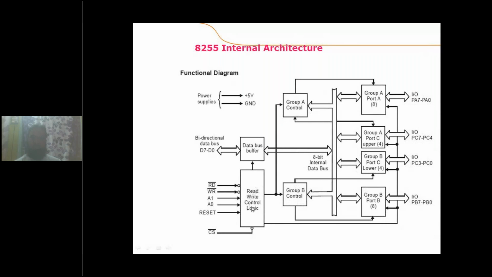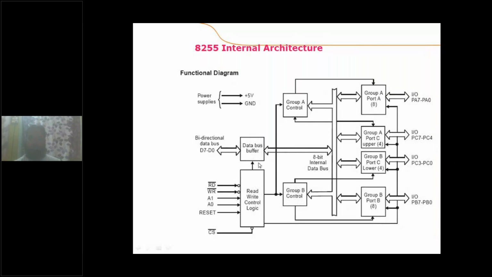Okay, so this is the data bus buffer. So what is data bus buffer? As I said just now, whenever the processor sends any content to the output device, if the output device is not ready, then that data will be stored somewhere else, and that somewhere else is nothing but the data bus buffer. If the output device is ready, that data will be transferred from the data bus buffer to the output device for the activity.